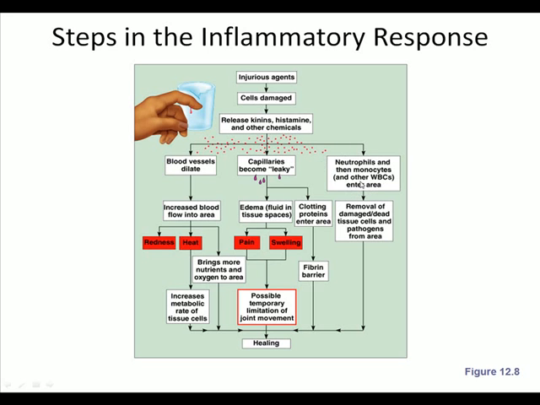As those cells respond and come into the area, a lot of fluid kind of collects in that area. The blood flow is actually increased to that area. That increased blood flow is what causes the redness. All of the reactions that are happening there are what bring about the heat, and all the extra fluid there causes the swelling and the pain. All of these are involved in